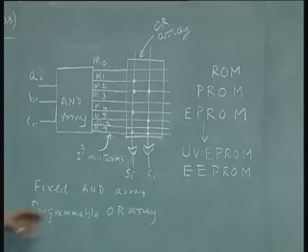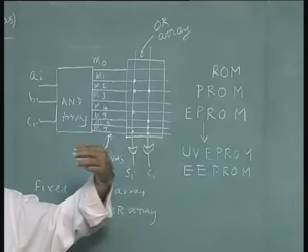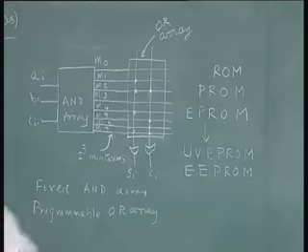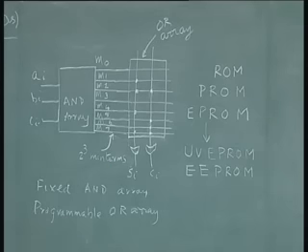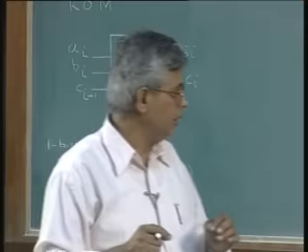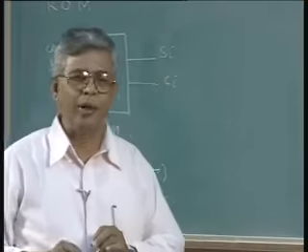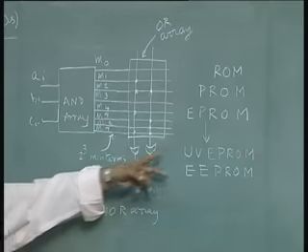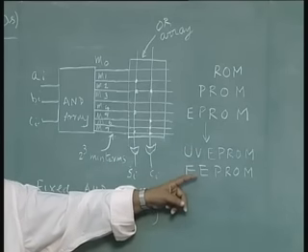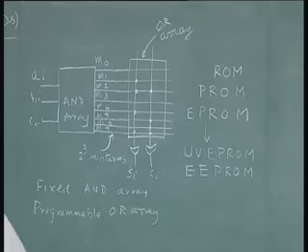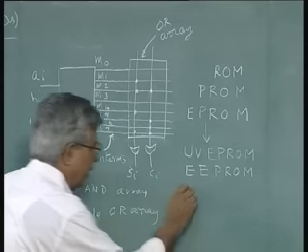Even these things require the device to be removed from the circuit. You erase the whole thing. I can't selectively change the program. Supposing I made it for one application, I can change it for an entirely new application. On the other hand, if I have a minor change in my application, I want to selectively change some programming, it is not possible in these two techniques of erasure. You have to erase the whole thing by ultraviolet rays, you have to erase the whole thing by electric pulses. Today we have a device called EAPROM,